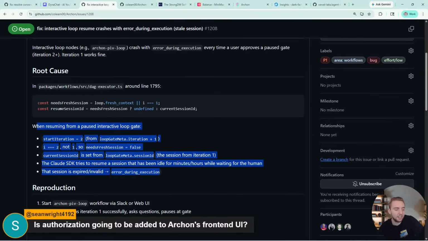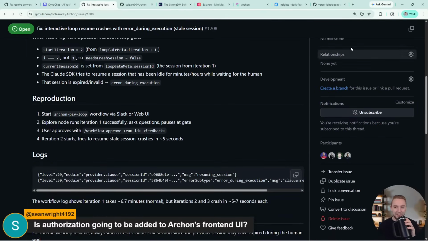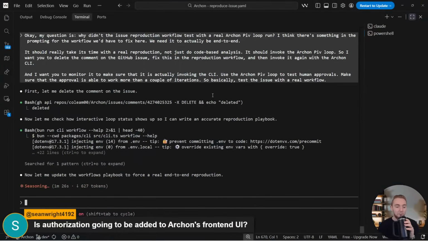I think I literally know how I'd fix this manually myself, but I'm going to use this as an example for Archon. I want it to figure it out correctly here, because that'll give me more confidence in the workflow. So sorry for the little bit of silence there, my gears are turning in my head. I literally know how I'd fix this myself without a coding agent, but I'm not going to do that. Okay. Hopefully it'll work this time.